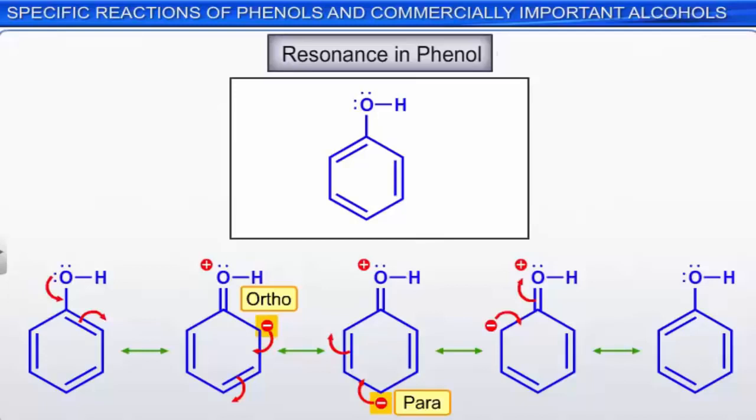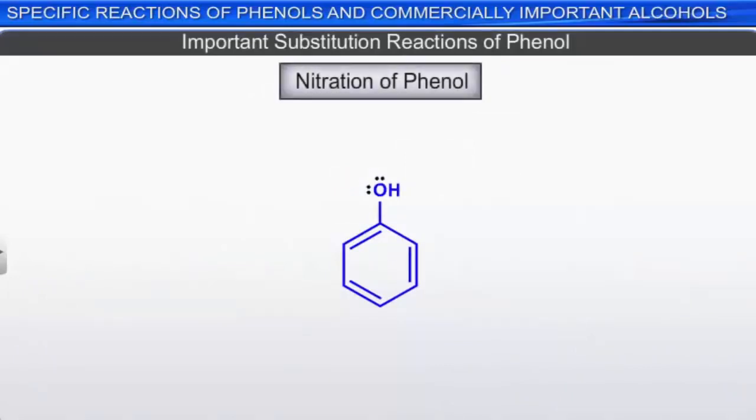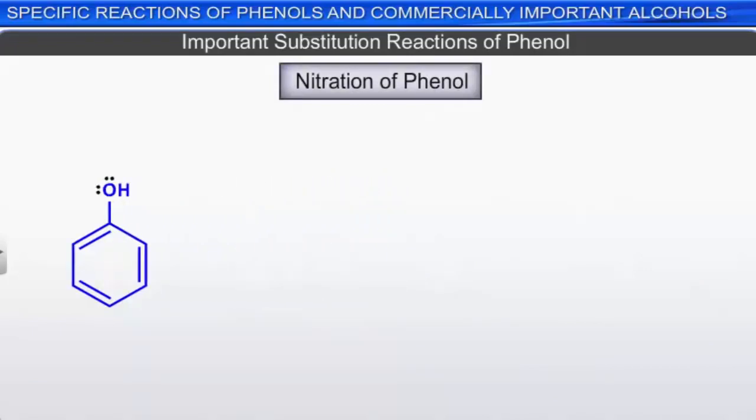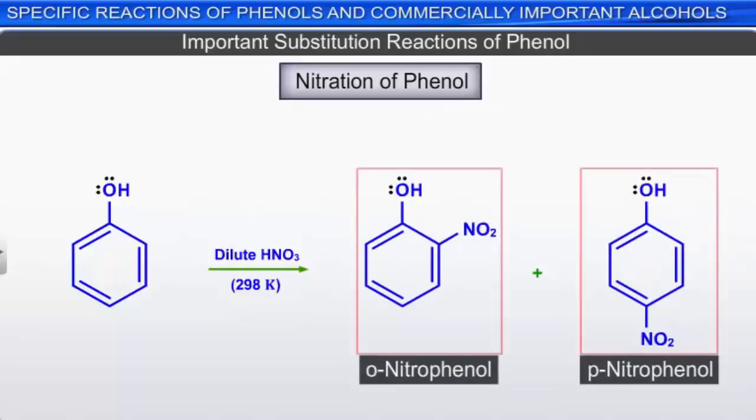Let's learn about some important substitution reactions of phenols, starting with nitration. If you react phenols with dilute nitric acid at low temperatures, a mixture of ortho and para nitrophenols will be produced. The two isomers of nitrophenol have different physical properties. As the illustration shows,